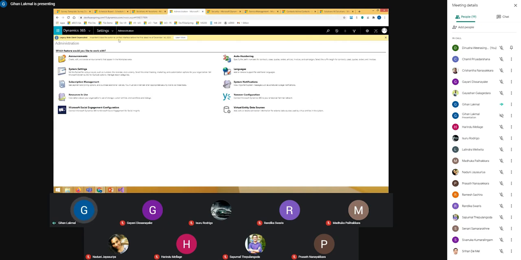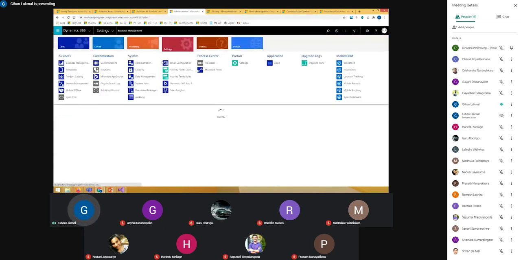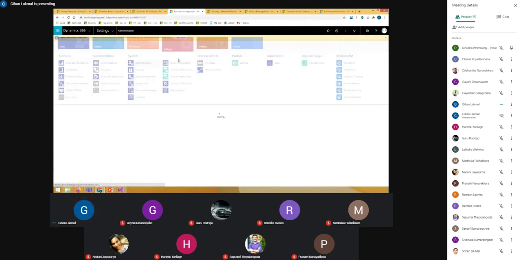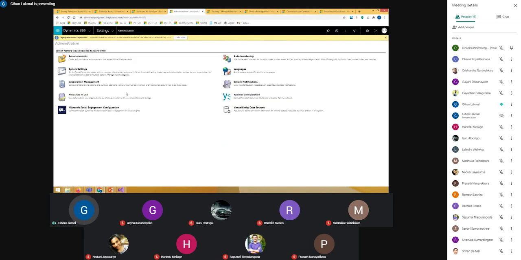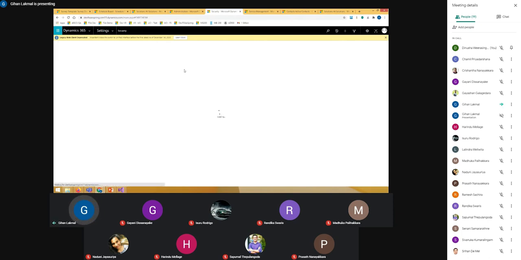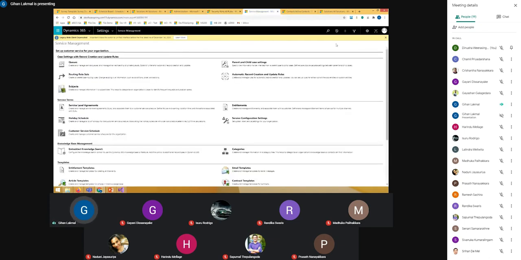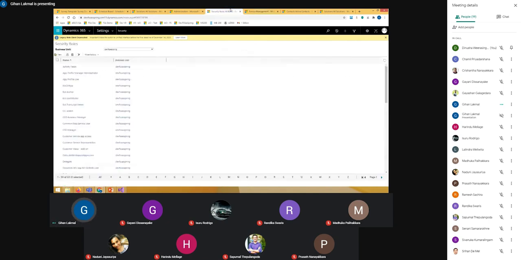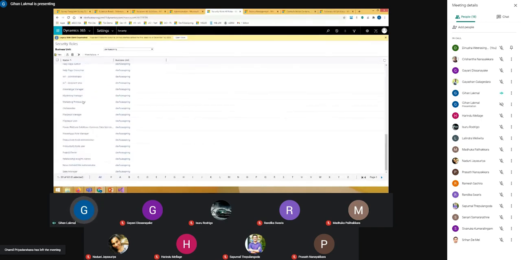And this is one of the administration pages. These are the administration and then the settings area. In this administration you can do a lot of things. For each and every area we will do sessions, and this is one of the security areas we use. So I will open the security roles, and while opening I will go to the service management area. These are just a small tour. This is the place you can set routing rules, SLAs and such for case management. And I will open one of the